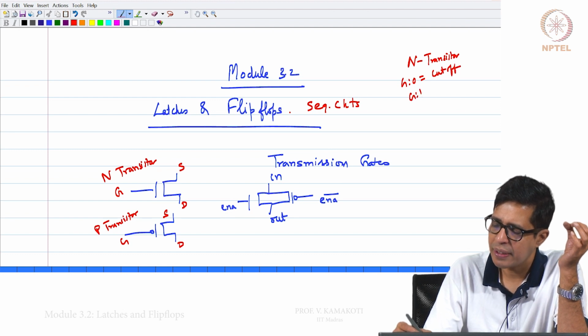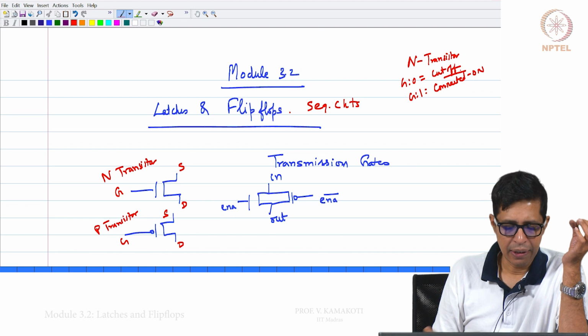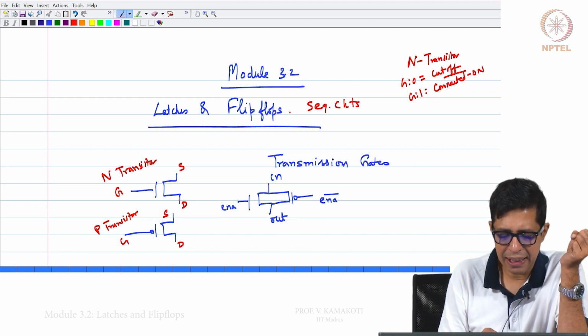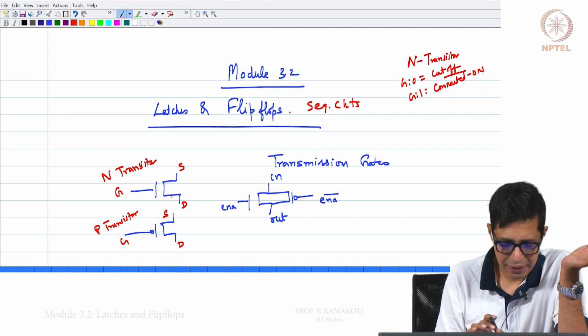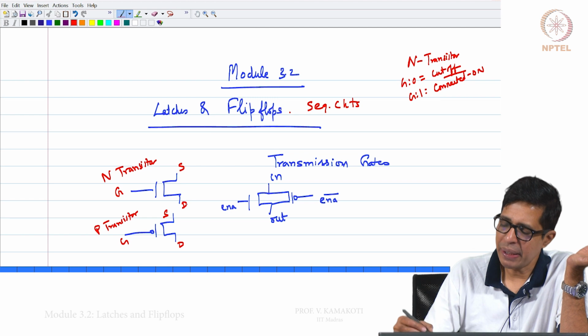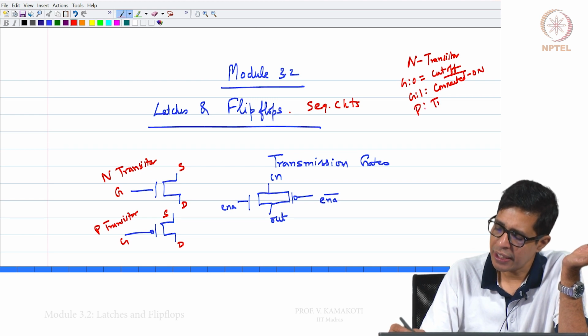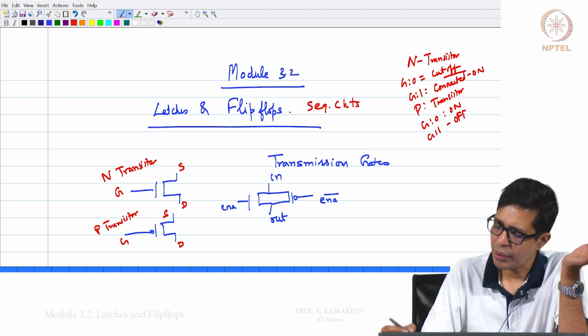When gate is 1, it is connected. We say this is on and this is off. When gate is 0, the source is electrically disconnected from the drain, like an open. When gate is 1, the source is connected to the drain. The P transistor works the other way: when gate is 0, it is on, and when gate is 1, it is off.